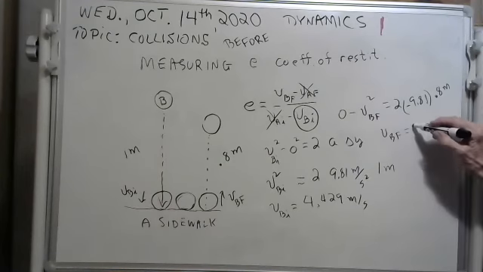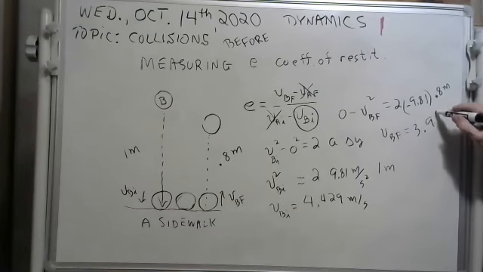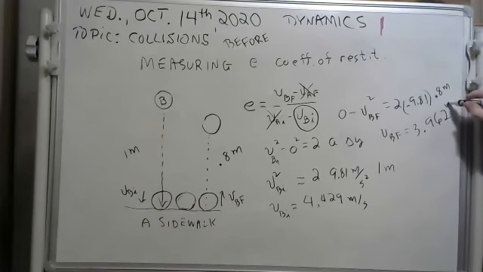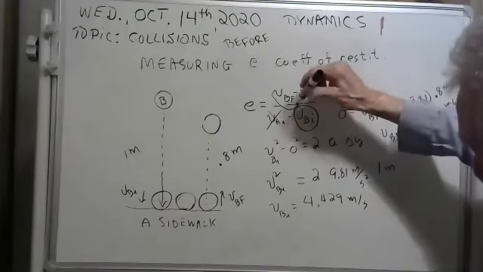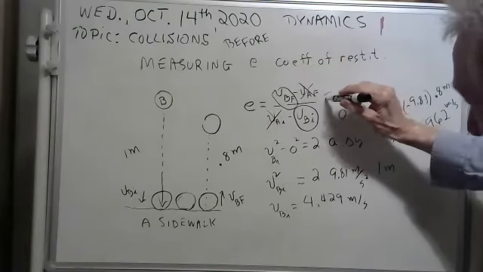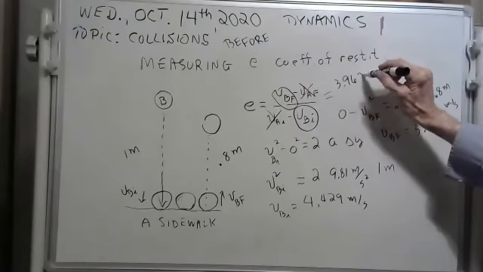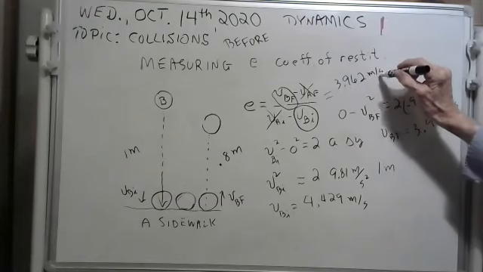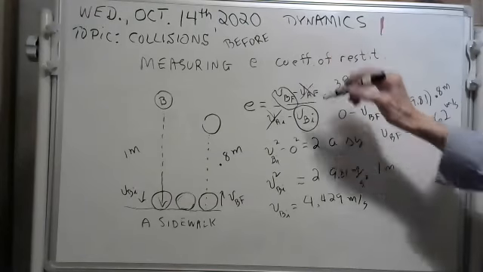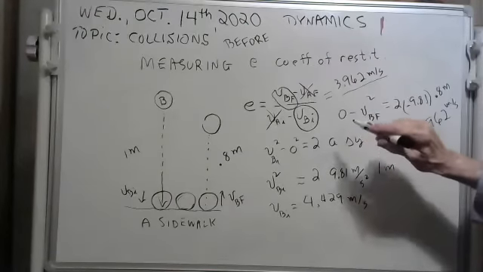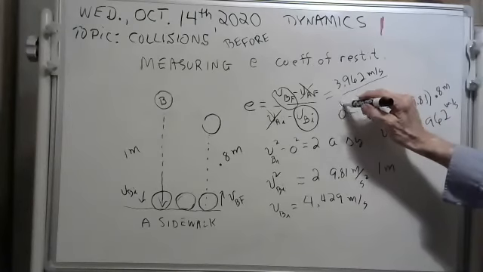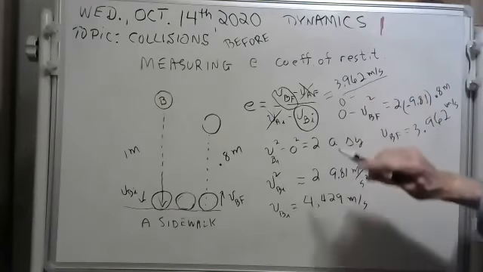Did you get 3.962 meters a second? Uh-huh. Wonderful. So what we have here is 3.962 meters per second minus 0, because that sidewalk doesn't move, divided by 0 minus,